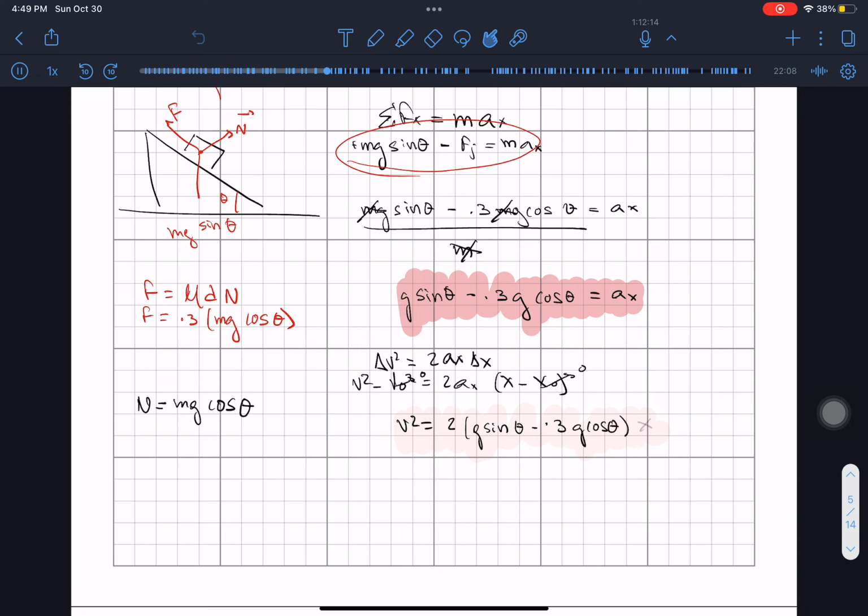So all of this is multiplied by the displacement. This will be the final velocity. So in the work energy